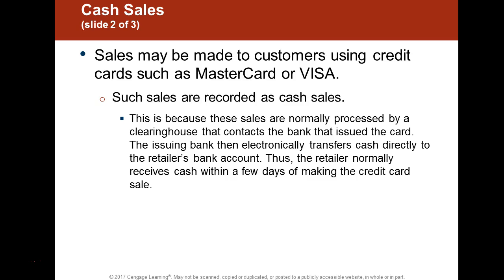So sometimes you can sell your products or services by Visa or MasterCard, and these are really like a very, very liquid receivable, because you don't get the cash right away. You may get the cash within days. So for accrual basis accounting, we have to record an expectation of money, even though they charged the items to a credit card. We may not get that money for 3 to 5 days, depending on the clearinghouse and how long it takes for them to give you the money. But in the interim, we have to record the entry. So in some cases, we're going to show it as cash sales, depending on how many days it takes. But some organizations will establish a receivable until that money actually hits the bank, which I believe is probably the most efficient way to do it.